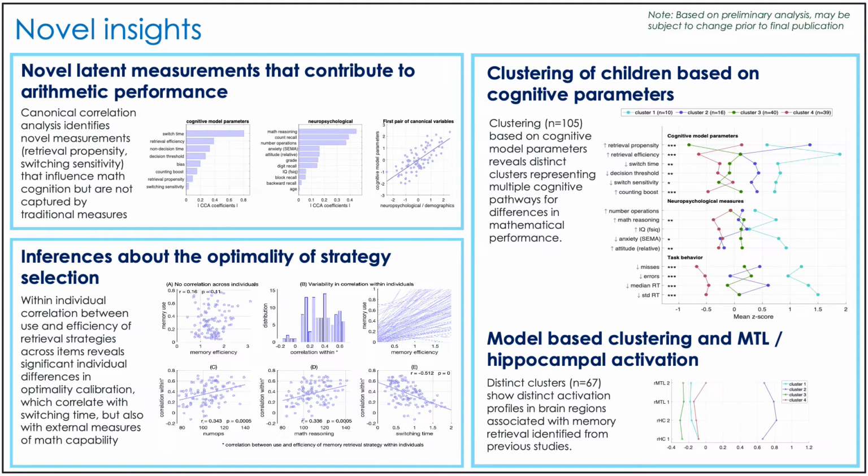The model identifies a wide range of individual differences in the optimality of strategy selection, that is, how well children select when to use retrieval relative to their efficiency or efficacy of retrieval across items of different difficulties. Once again, the switching time, which also longitudinally predicted math reasoning capabilities, seems to be strongly correlated to the calibration